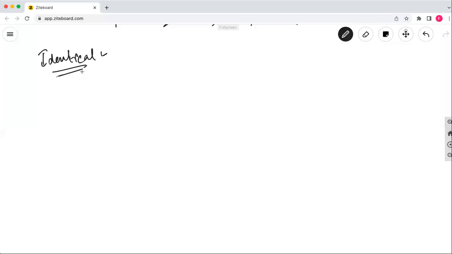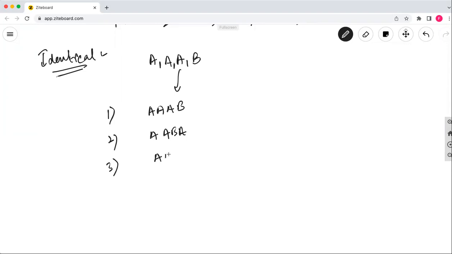For example, if I want to arrange A, A, B, B in a linear order, in how many ways can I do this? Let's see. The first way is A, A, B, B. The second is A, B, A, B. The third is A, B, B, A. And the last one is B, A, A, B. So there are a total of 4 ways. But if we consider the distinct case, with 4 such different items, in that scenario the total ways will be